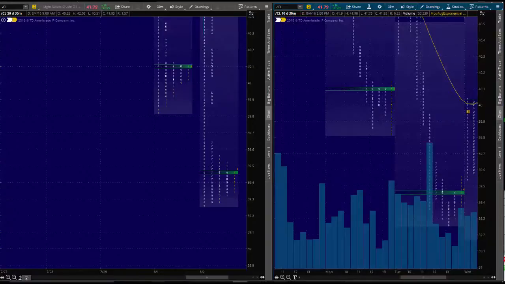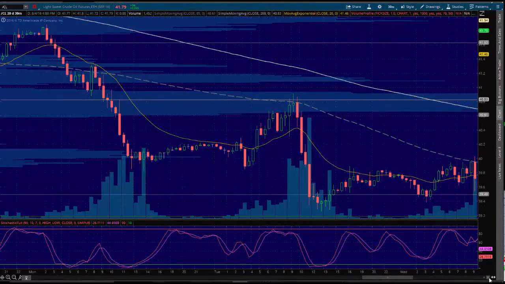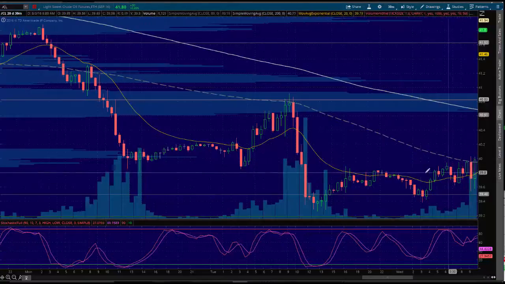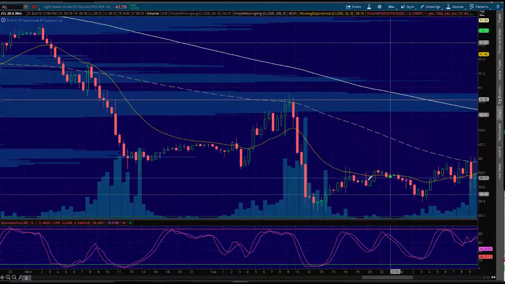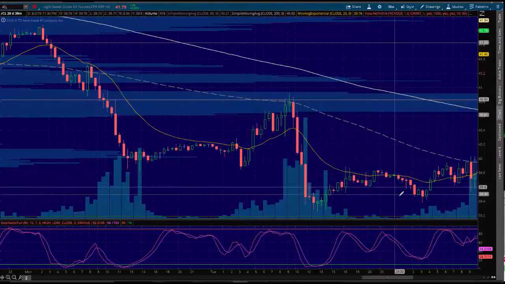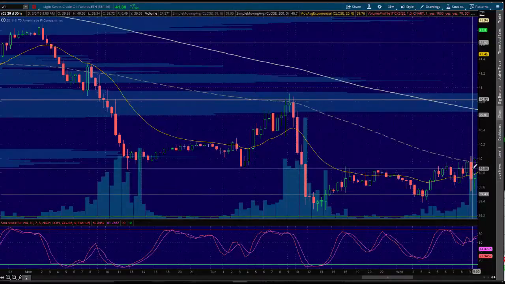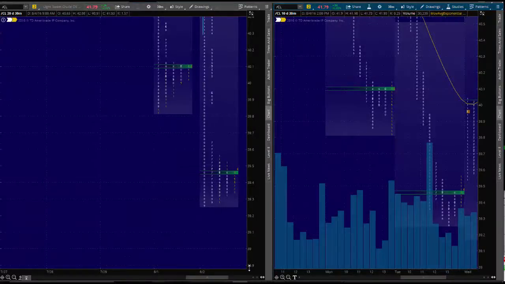Now, if I look at the 30-minute chart here, that's the first bar, right? The first two bars, I would have had no idea of what the market was actually doing. I have all this interference by the overnight market, right? Had no clue. But you look at the market profile, and that is exactly what it was doing, what it does often.